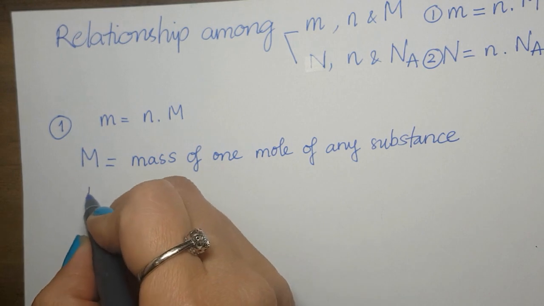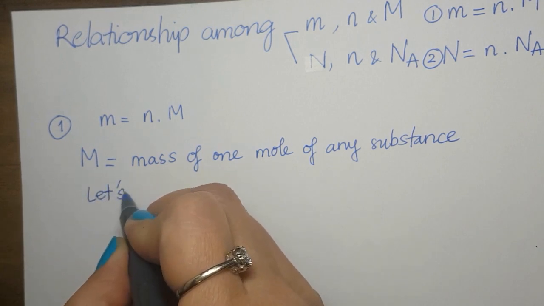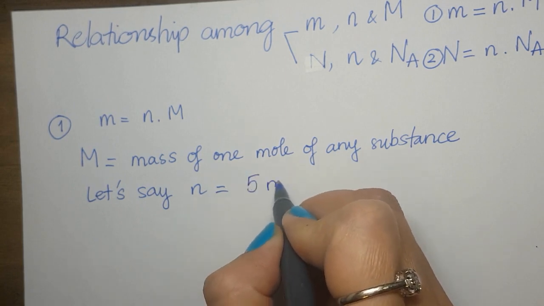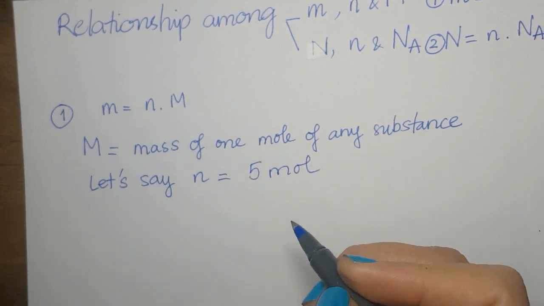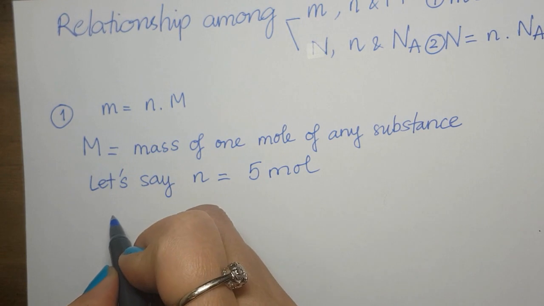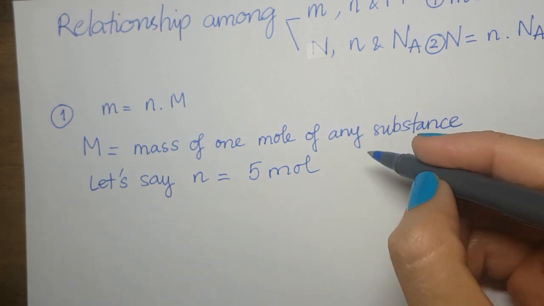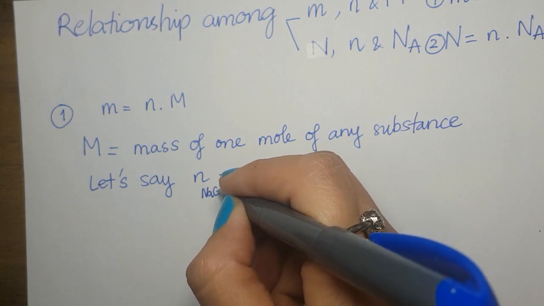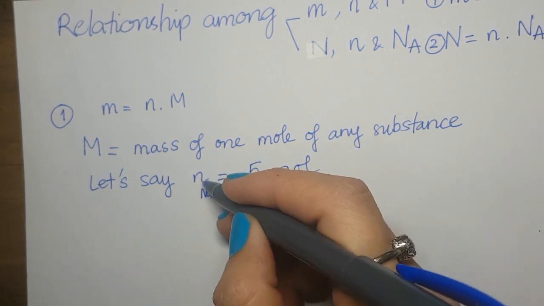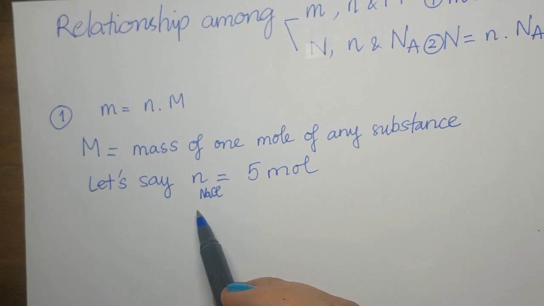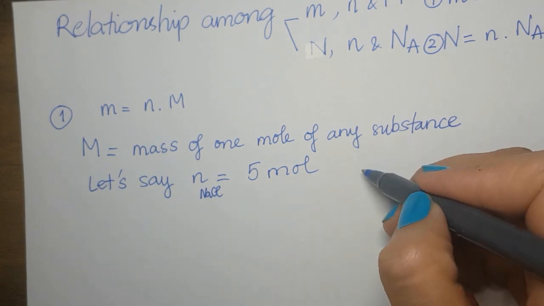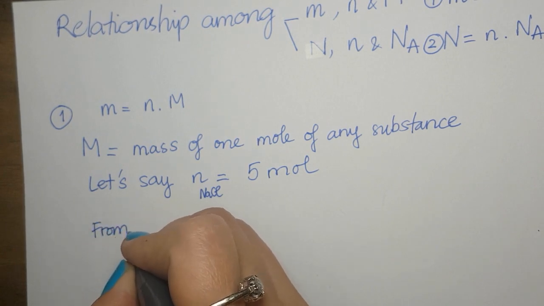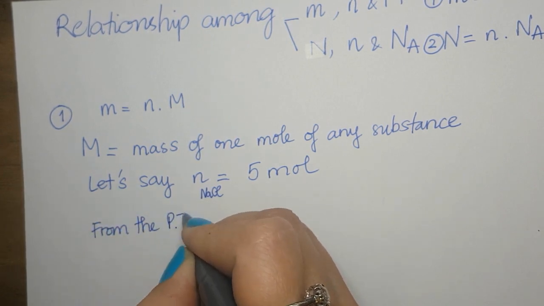So let's say that we have a number of mole n equal 5 mole. Let's just pick a number, okay? And let's say we know that the substance is NaCl. So I can sub that formula right underneath the n, which is the symbol for mole. Then from the periodic table, PT for short,